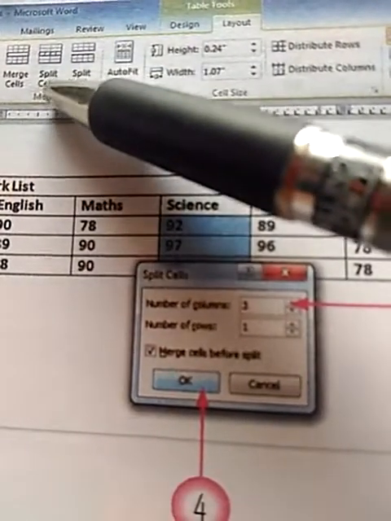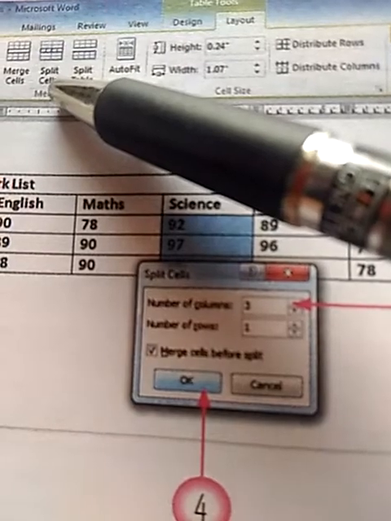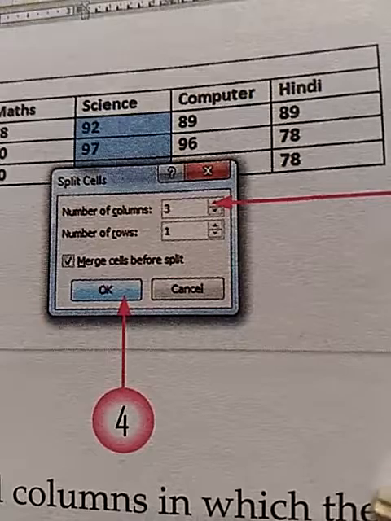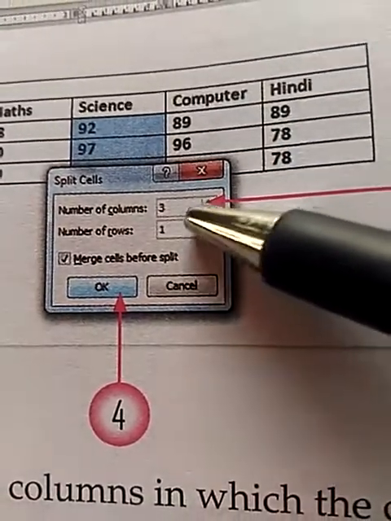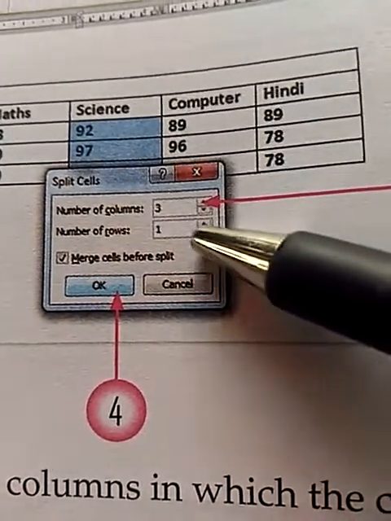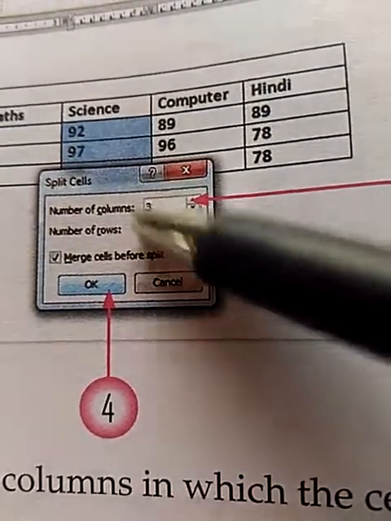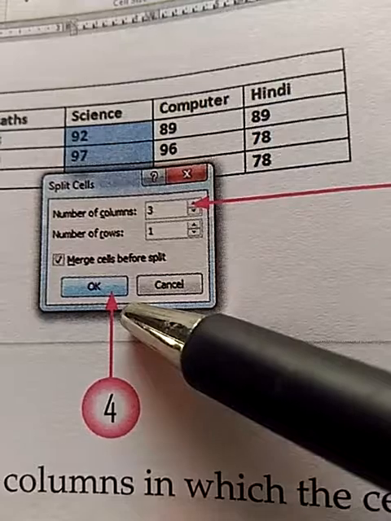As soon as you click on Split Cells, a dialog box will appear which will ask you to enter the number of columns and number of rows in which you want to split the cell. Specify the value and click OK.